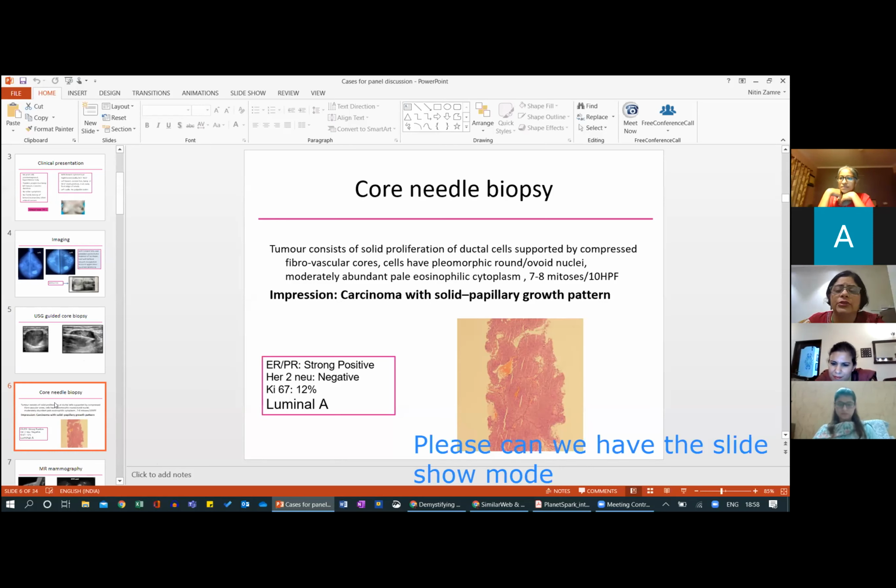I can't show you because of this, but nevertheless you look at whether at the base of the papillae there are myoepithelial cells. If there are myoepithelial cells, whatever is inside it is ADH or DCIS. It is not invasive. But if there is no myoepithelial cell at all, then you're dealing with an invasive tumor of limited potential or widely invasive potential. That does not matter. It's an invasive tumor. It is either encapsulated papillary or an invasive solid papillary carcinoma.